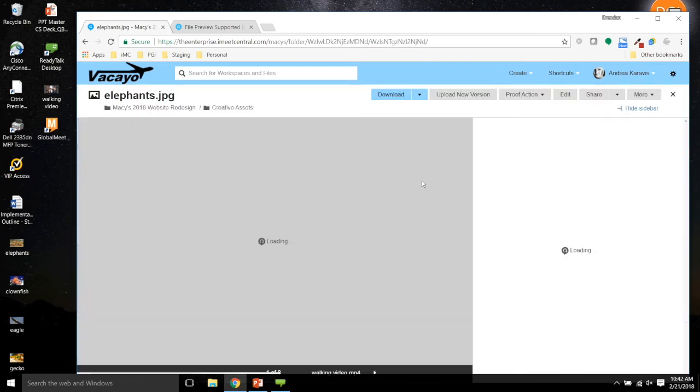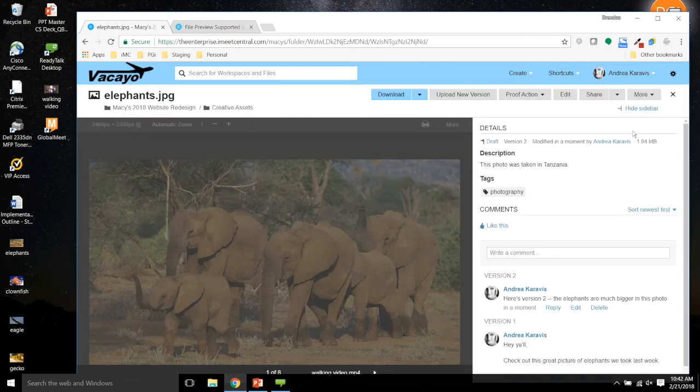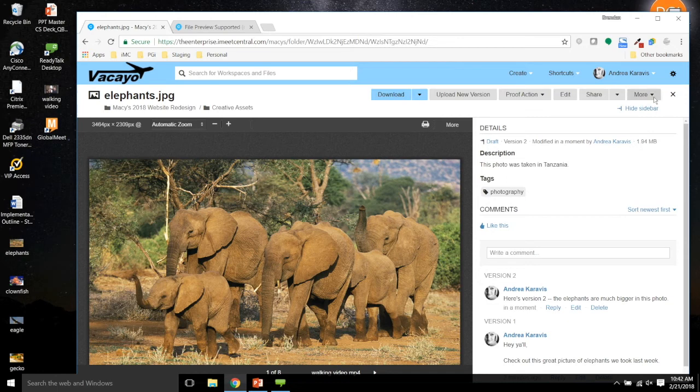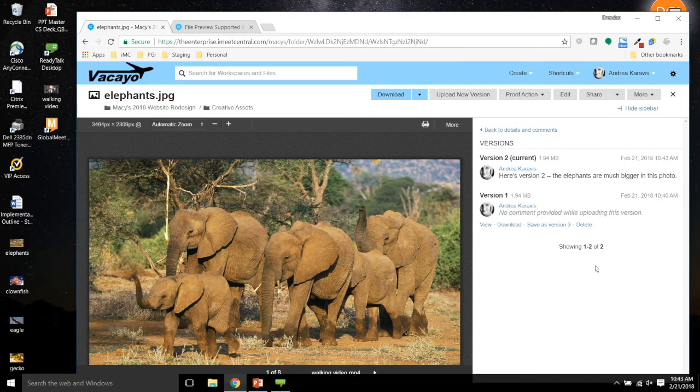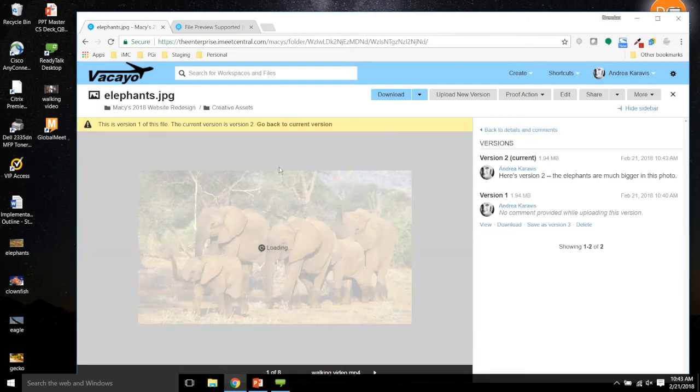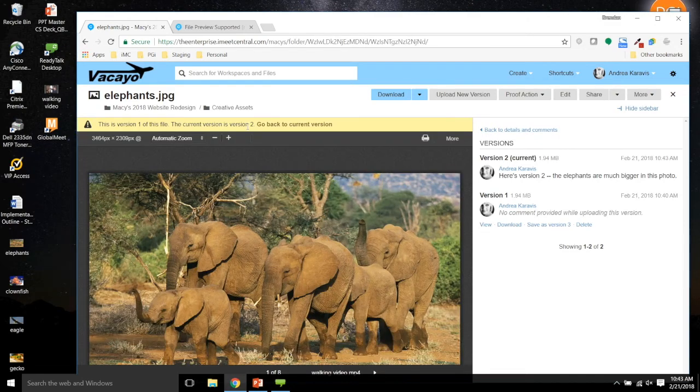If I open this file and I want to see an older version of the file, I click the More drop-down menu in the top right corner and I come down to where it says Version History. The version history list will show me a list of every version of a file. I can view, download, delete, and replace the current version with any past version. So maybe I've got a picture of elephants that's been around for a while and I wanted to go back and look at one prior version. I just click on View, and it will say this is version 1, current version is version 2, go back